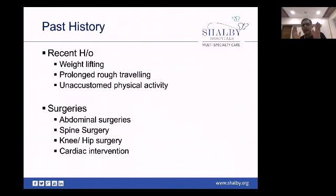Bowel symptoms, very rarely have I seen the patient come with them, unless the patient is having a full-blown cauda equina syndrome. Patients generally don't complain of bowel symptoms. The patient's only symptom would be constipation. The patient will say, I have not passed motion for so long. Because of some sympathetic disturbance or whatever, the patient's bowel movement also gets disturbed, and generally the patient's symptom would be only